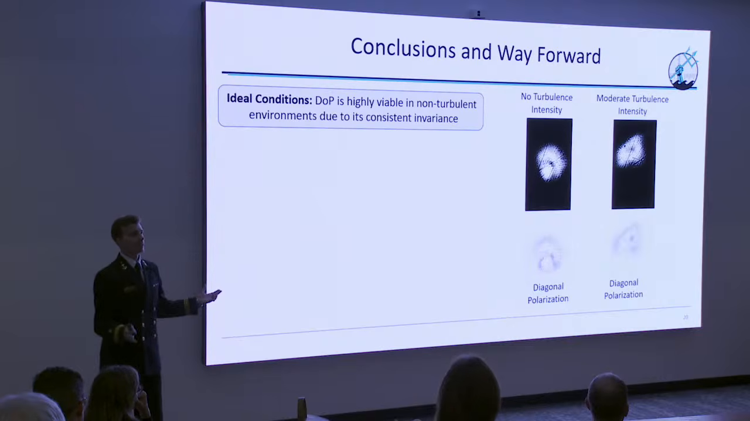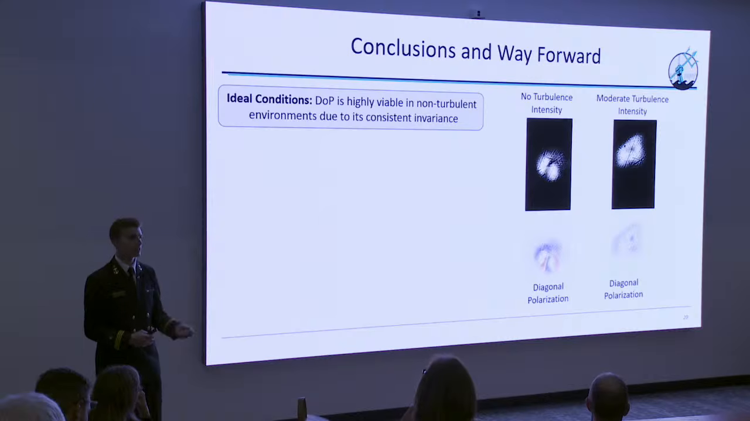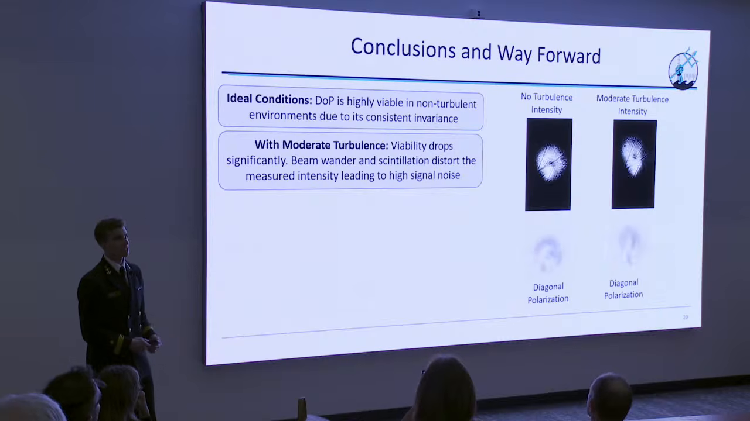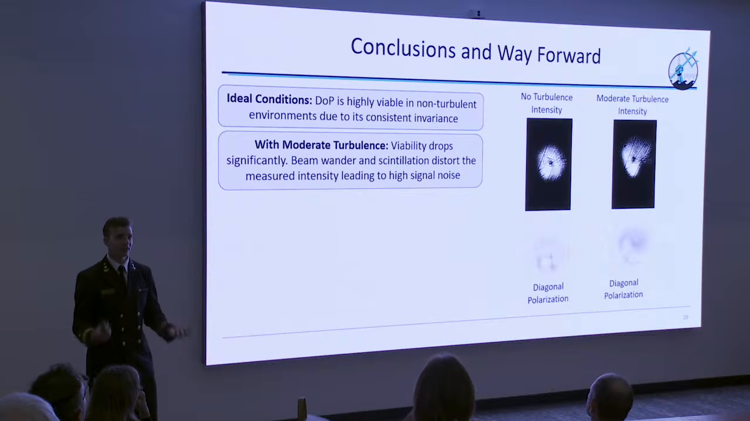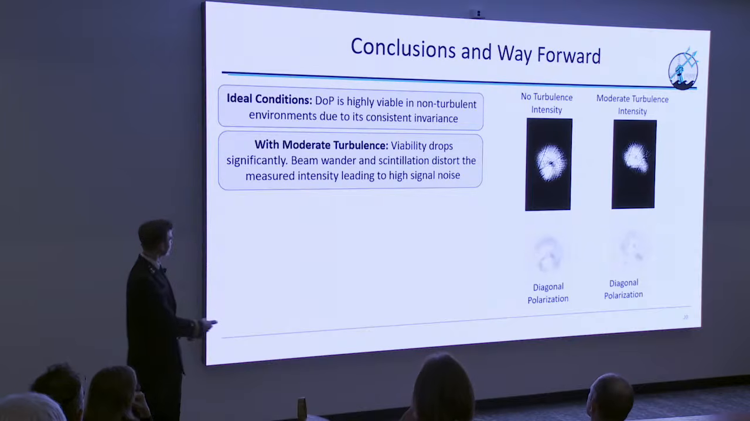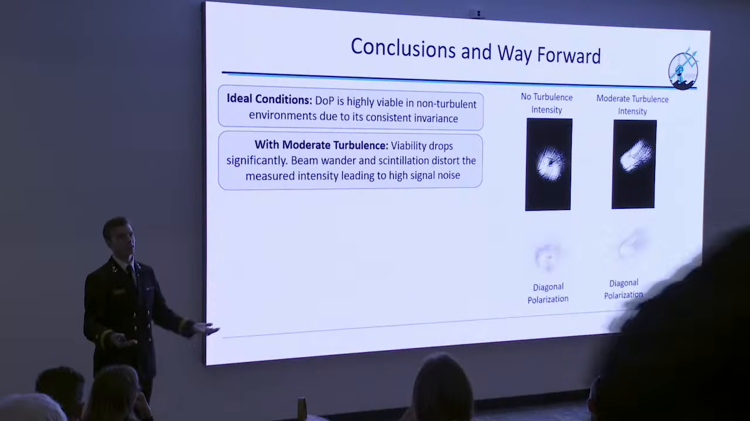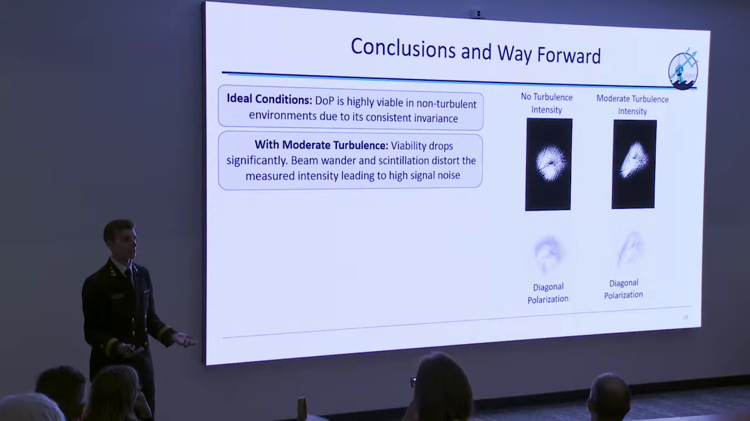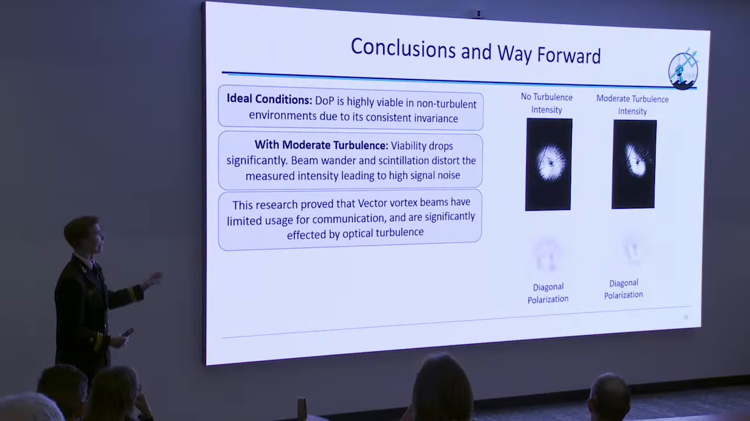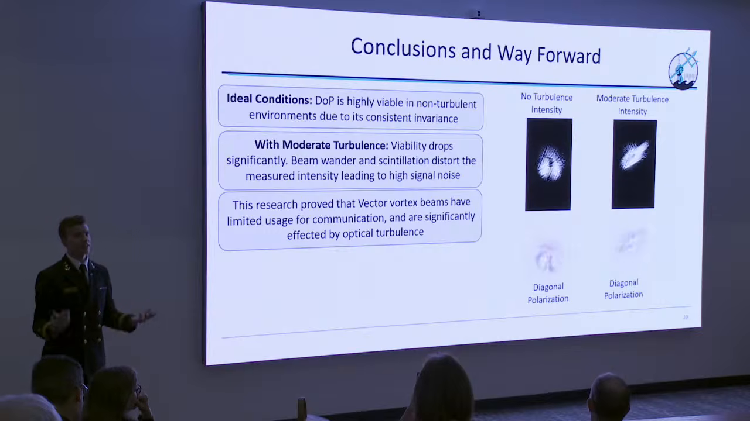So to conclude, in ideal conditions, the degree of polarization is invariant and could be utilized to communicate and transmit data. However, as we increase our turbulent state, our vector vortex beam is affected by the optical turbulence, seen in our intensity degradation, our beam walking, and also we see that as the degree of polarization increases, our variance of the signal also increases. This research proved that vector vortex beams have limited usage for communication and are significantly affected